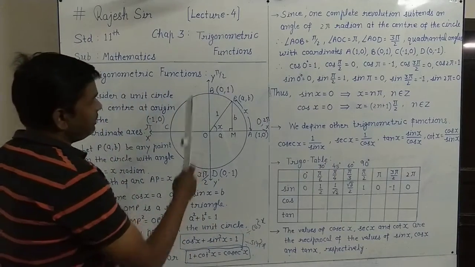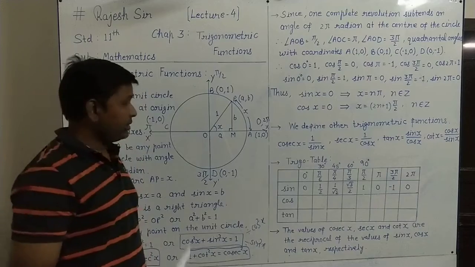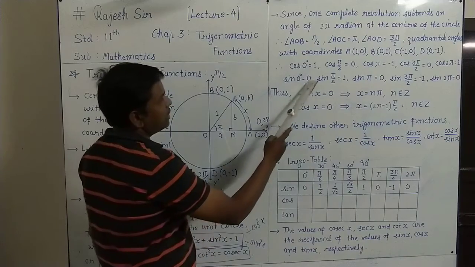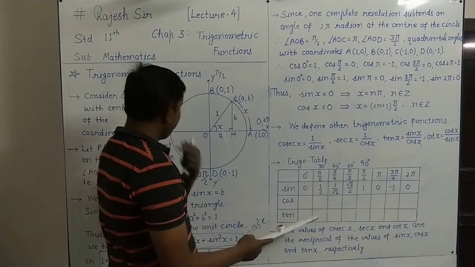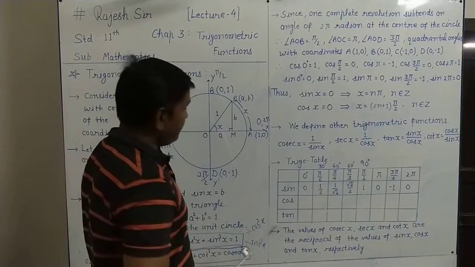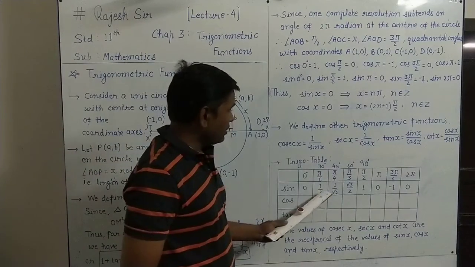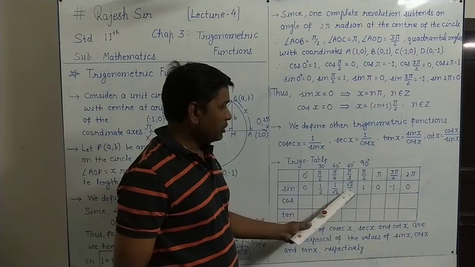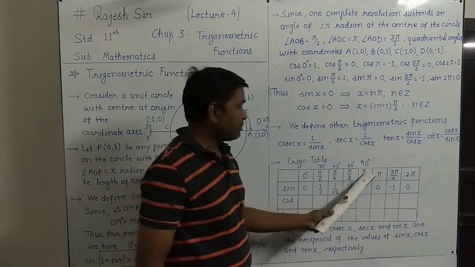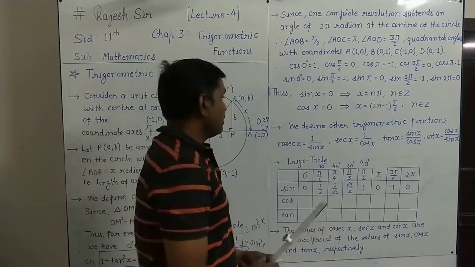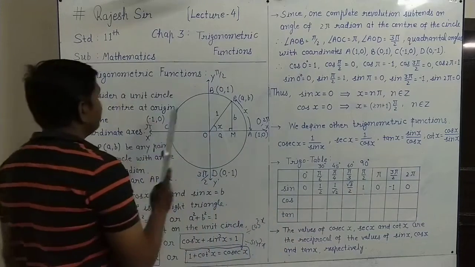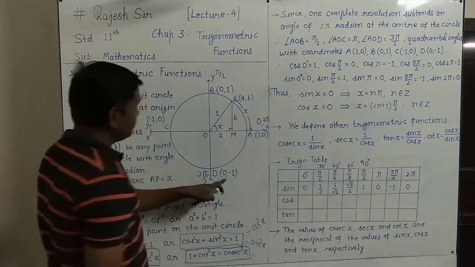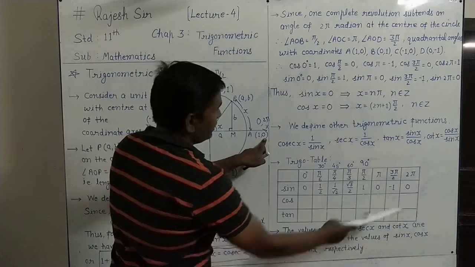So from this table we will write these values, and we will use the previous knowledge. As you know, sine 0 degree has the value 0. Sine pi by 6, that is 30 degree, in the previous class we got the result 1 by 2. Sine pi by 4, which is 45 degree, is 1 upon root 2. Sine 60, that is pi by 3, is root 3 by 2. And sine 90, that is pi by 2, is 1. On sine pi, this y coordinate is 0, sine 3 pi by 2 is minus 1, and sine 2 pi is 0.